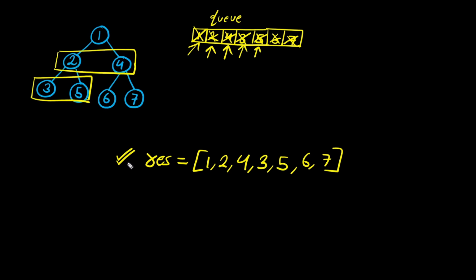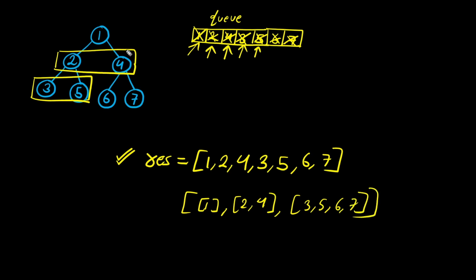We are supposed to return a list of lists, where every element is a list representing a level. So this is not the response we want. We want something like [1] separate, [2, 4] separate, [3, 5, 6, 7] separate. These are the 3 levels and they should each be a list of their own. So to modify this solution to return something like this, there can be many methods, but there